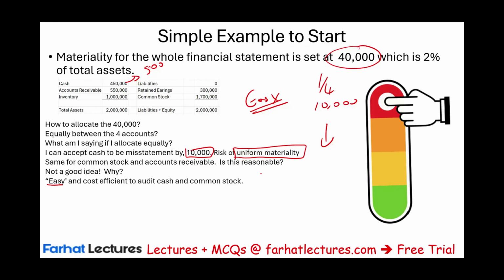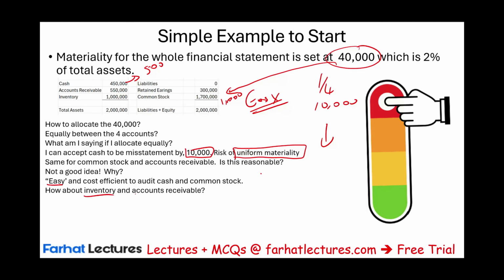And for common stock, I can tolerate, let's say, $1,000. Yes, I might have made a mistake of $1,000 in common stock, but in the grand scheme of things, $1,000 of 1.7 million is acceptable. It should be zero, but I'm willing to tolerate that much. If I didn't find anything, I'm going to assume it's misstated by $1,000. Very low amount. But the more important the account is, and the easier to audit in a cost-efficient way, the lower I set my performance materiality.